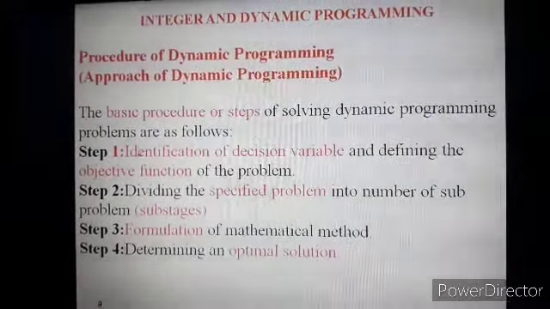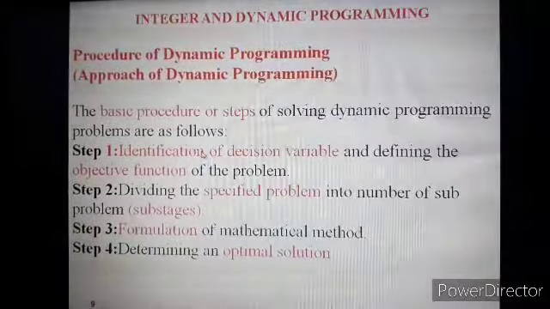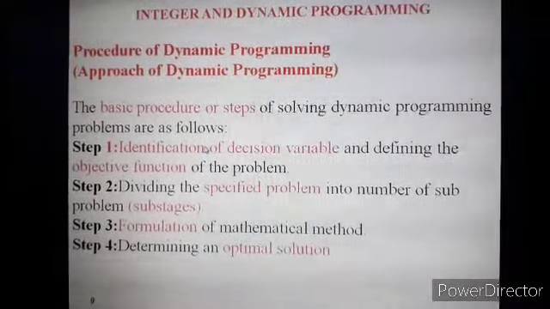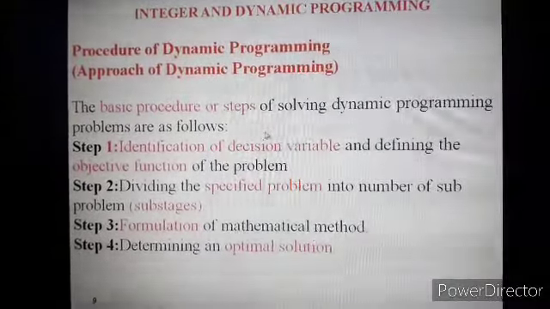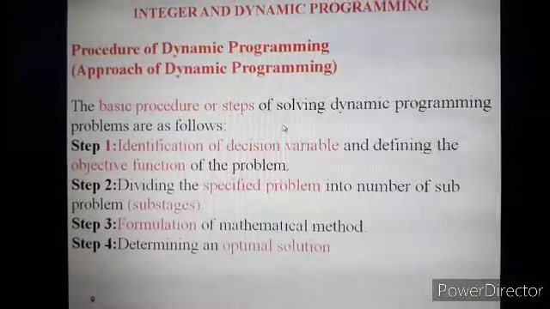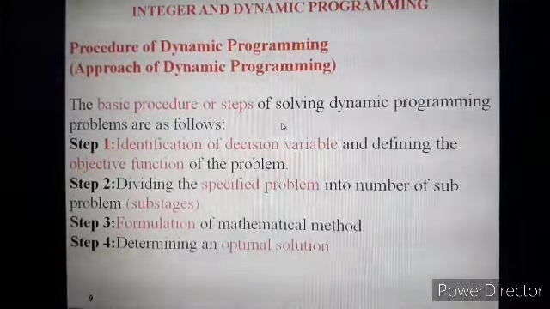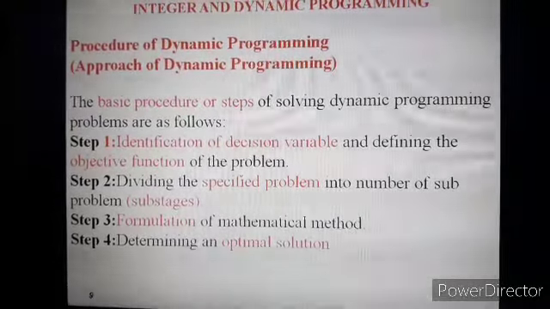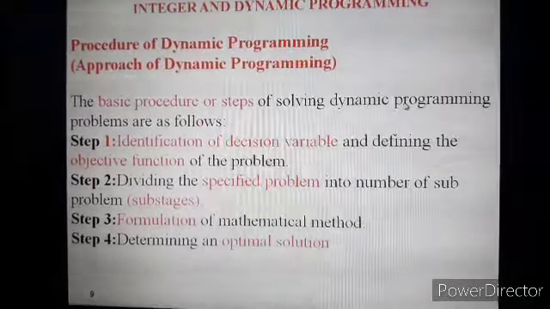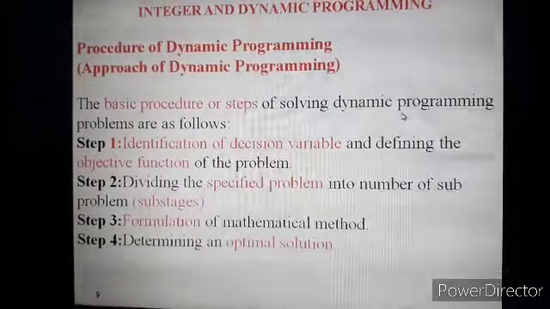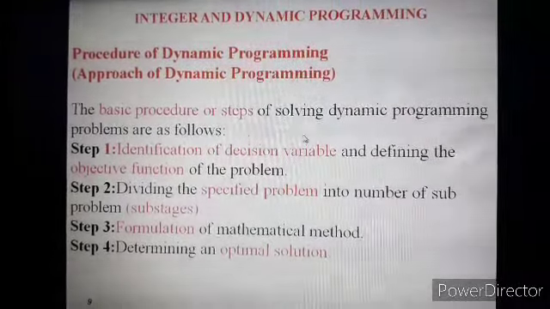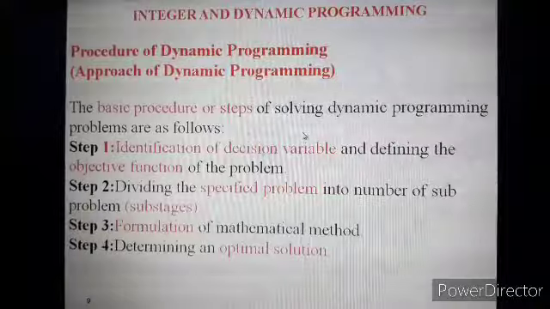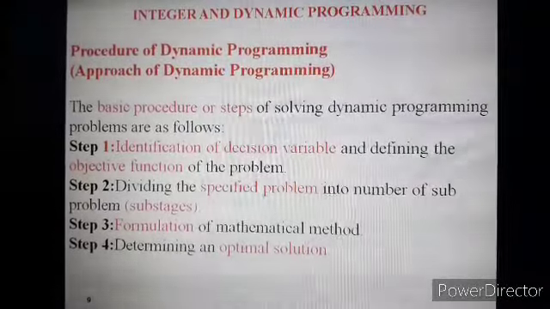Now here let us discuss the various steps. These are the same steps which are discussed in our linear programming problems. In a linear programming problem, first of all we have to define the number of variables involved in our requirements, and that number depends on the number of resources available with us. Finally, we have to plan all these resources such that we optimize our production, or increase the productivity of our department.